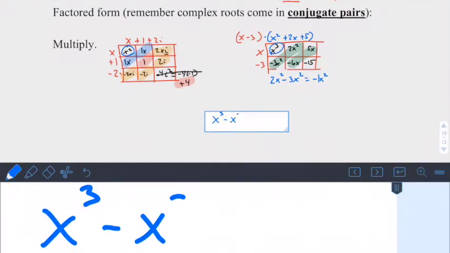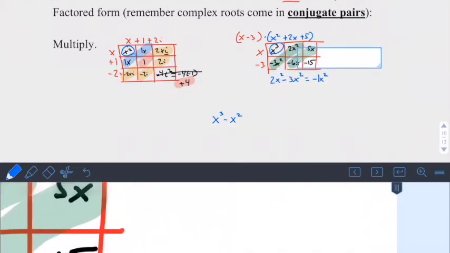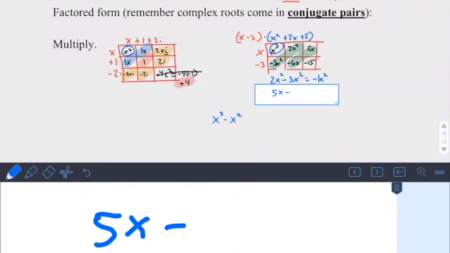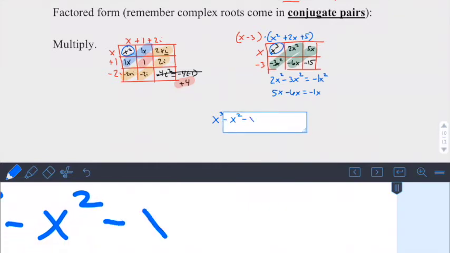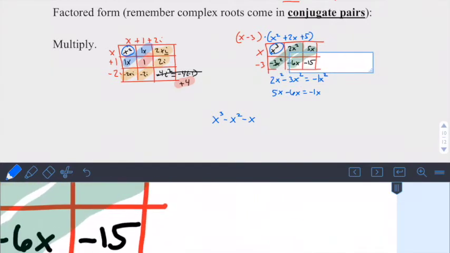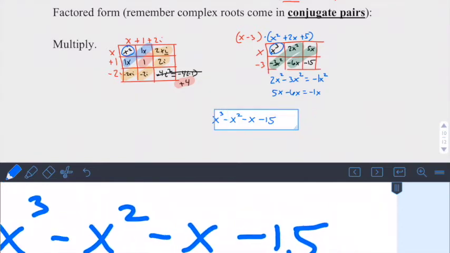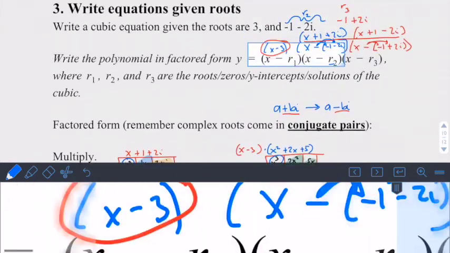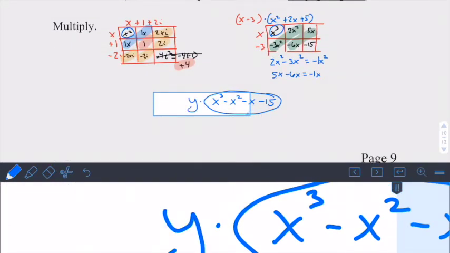Well, I'm just going to write it as -x squared without the 1, because I can, same thing. 5x minus 6x is -1x, same thing, so I'm going to say minus x. And then finally, minus 15. And there is my cubic equation with these roots. And to make it an equation, I should really say y equals